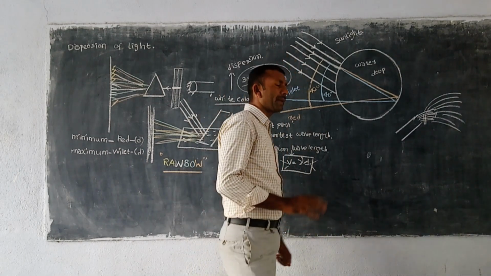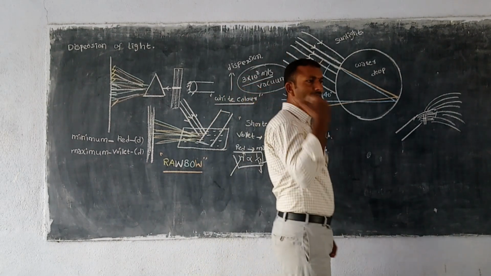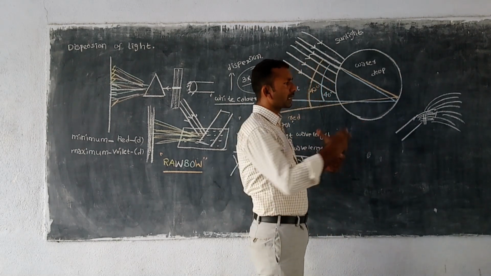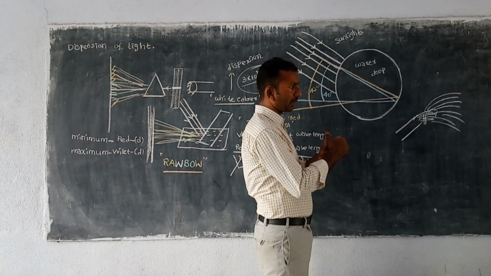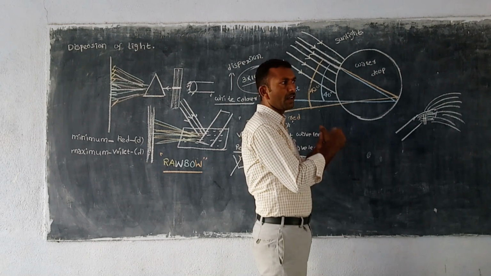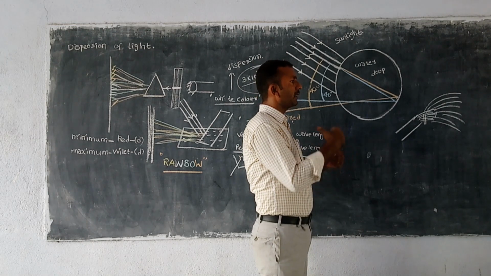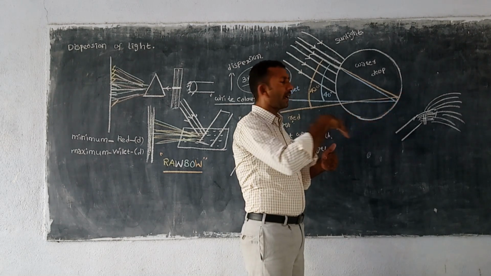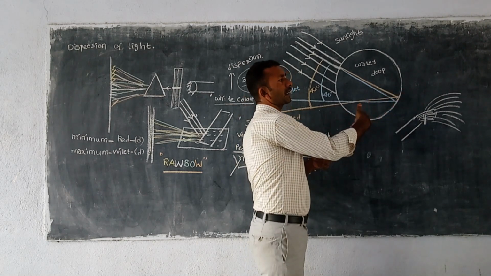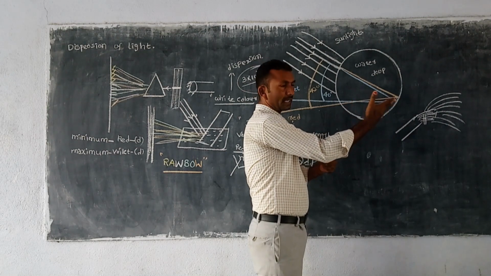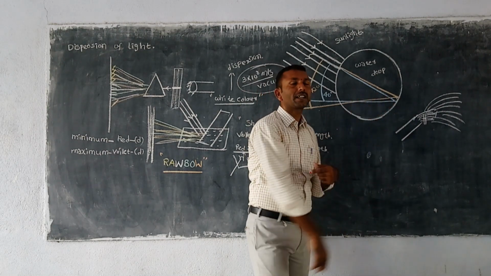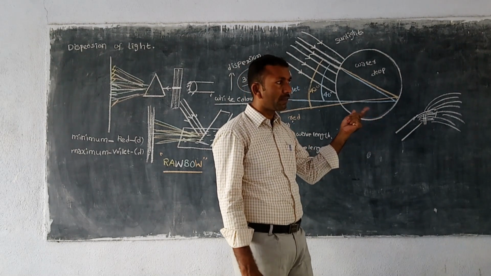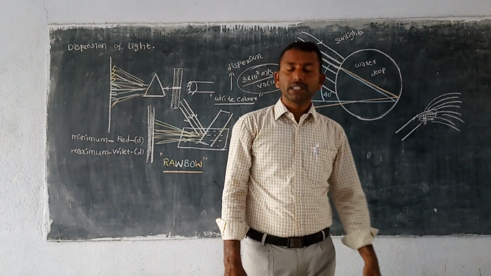And what is happening here? The sunlight is falling on your backside, and you are keeping the pipe here, which is flowing the water, and the sunlight is not coming from that side. And still, if you make the pipe like a fountain, you are able to see the colors. What is happening here? Does the sunlight come from the water back into your eyes or not?